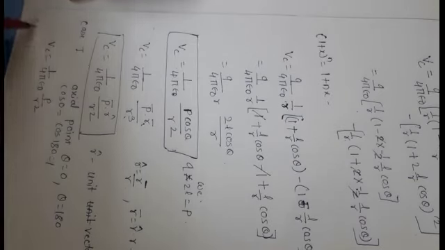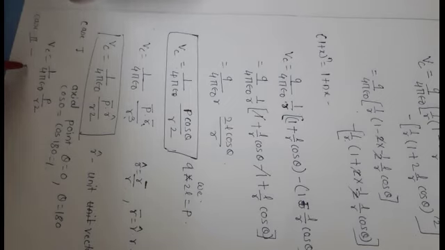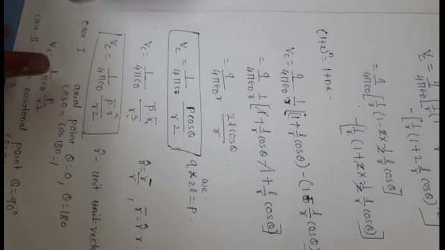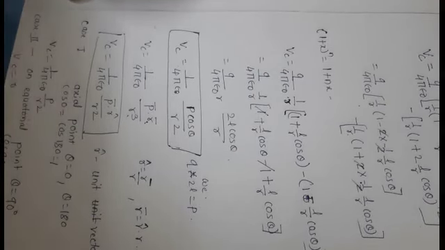And in case 2, if the electric potential is at an equatorial point, theta is equal to 90. Cos 90 is equal to 0, so Vc is equal to 0. So the electric potential is maximum at axial points and minimum at the equatorial point.